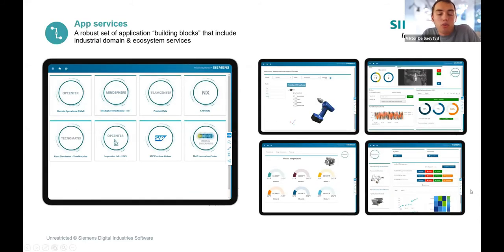So to come back to the app services of Mendix, and I think this is of vital importance, we integrate into different systems, and there are a lot of different connectors. Here you see different Siemens connectors, but Mendix can integrate into any system, so that you can really easily collect data and visualize data from different systems in one dashboard.